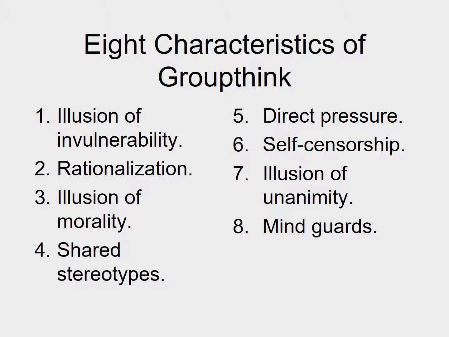And finally, probably the easiest to identify is mind guards. A mind guard refers to someone that is not in a direct leadership position, but has become kind of the second to the leader, and you now have to talk to that person, not the leader, to get information to the leader. When someone gets to start to decide what information makes it to the leader of a team and what information doesn't, that by its very nature is a major red flag that the advantages of a team are disappearing, and you've probably got a group that is now so cohesive that they're willing to put up with this, and that is groupthink.